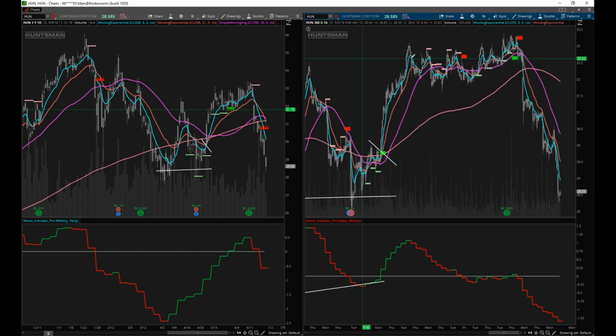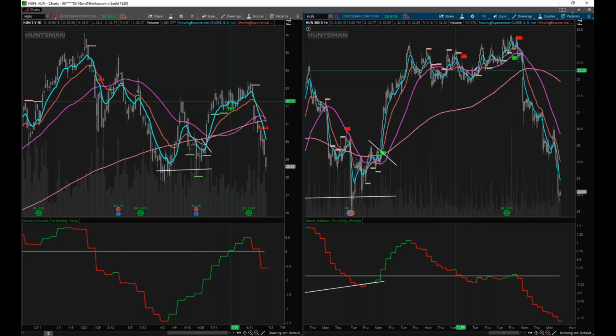Now, as it comes along, looking like this, it looks like it's kind of just flagging. And I was willing to let this one go because the 200 underneath us was pretty close, so my risk was still low, especially with my entry right here. And if you look at the daily, we still had the 8 and 21 EMA very wide, and I call that a moat. And in this case, it's a good moat because price can't cross that moat until that moat disappears. And we even got a daily cross of the Moxie indicator right here.